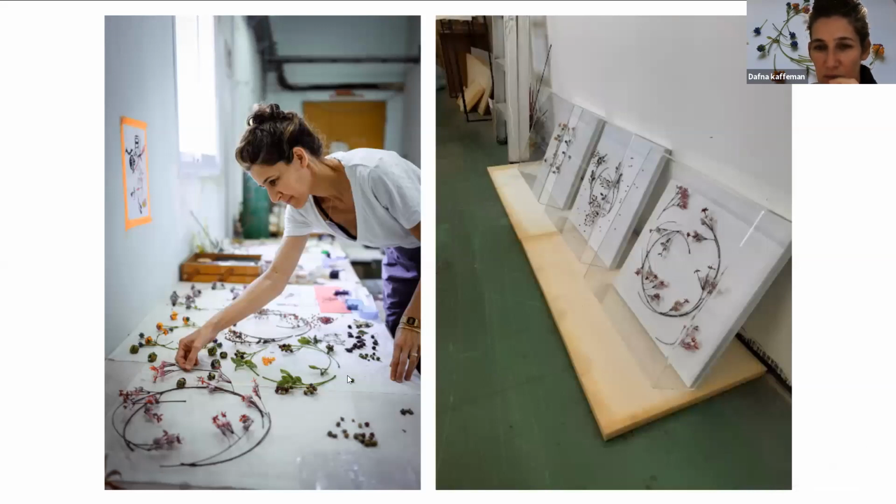This is the series of the crown, which I made especially for this exhibition. The series actually started while there was the virus, the coronavirus. I was home most of the time with my children. I didn't go to the studio. And when I did go to the studio, I decided I wanted to work with something relating to the virus, but also with the whole atmosphere or the whole situation we were caught up with,